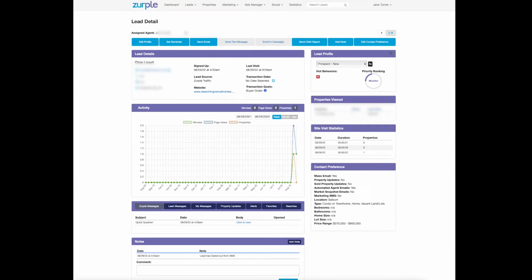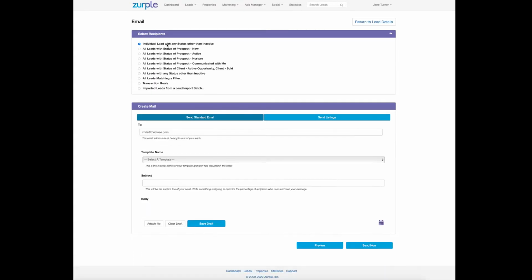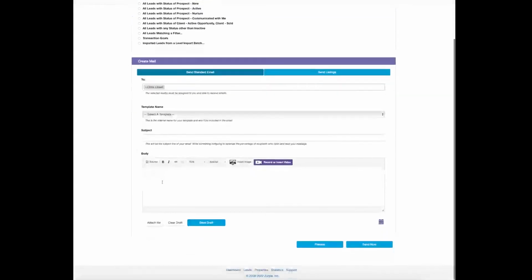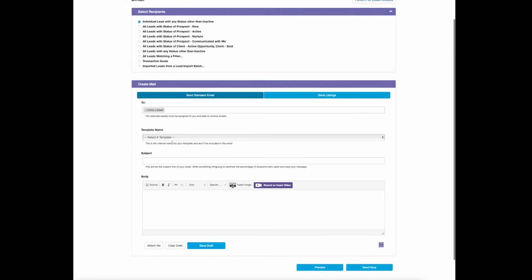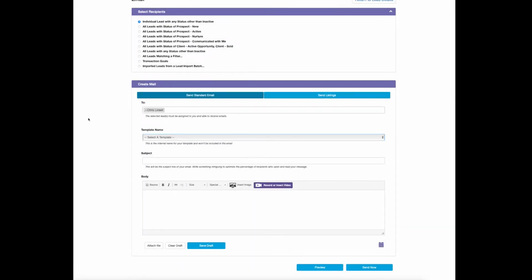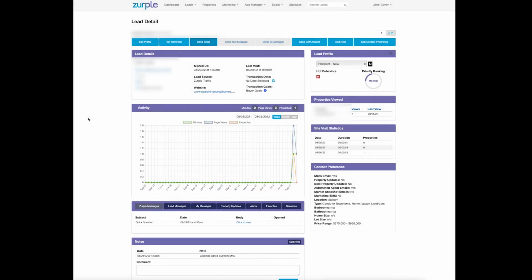If I wanted to go ahead and send myself an email, I could send myself a one-off email. There are also a ton of options for doing mass email. Like, let's say I want to email everybody with an active prospect status. And then there are also a ton of templates to choose from too, if I don't want to write a cold email, start from scratch. So cool stuff here. I could send a text message right from the platform, but I don't have text message